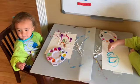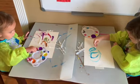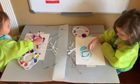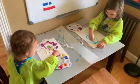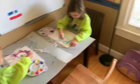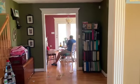Coloring here, or painting rather. They are painting Ladybug and Baby Dumplings. Okay, Baby Dumplings, that's his name. They're doing math in there still. And then we're getting ready to...